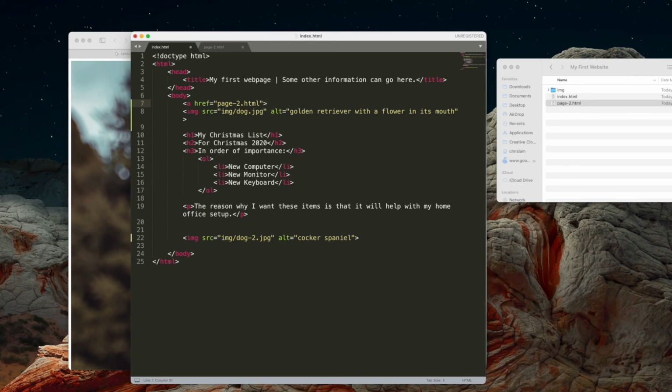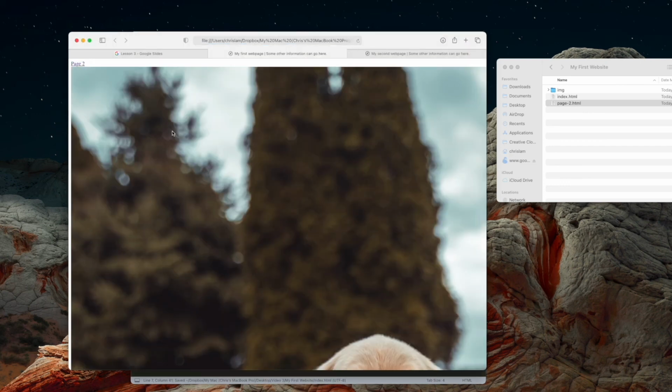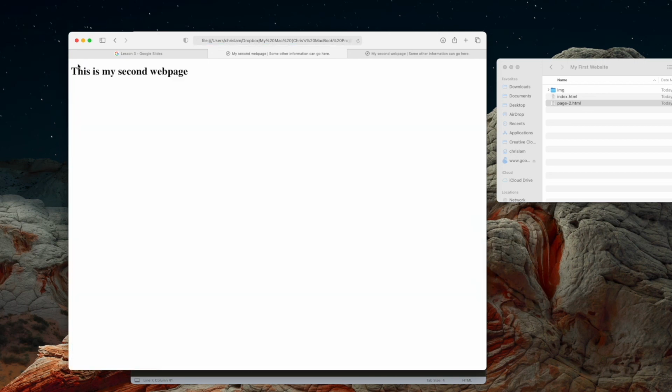Okay, and then I'm going to display page 2 on the website, and then I'm going to close my anchor tag. Okay, so now we can refresh, and you'll see at the very top this should take us to page 2,